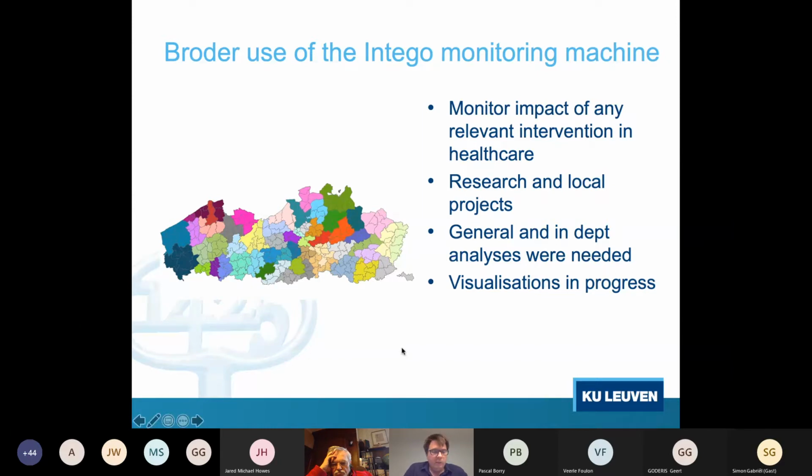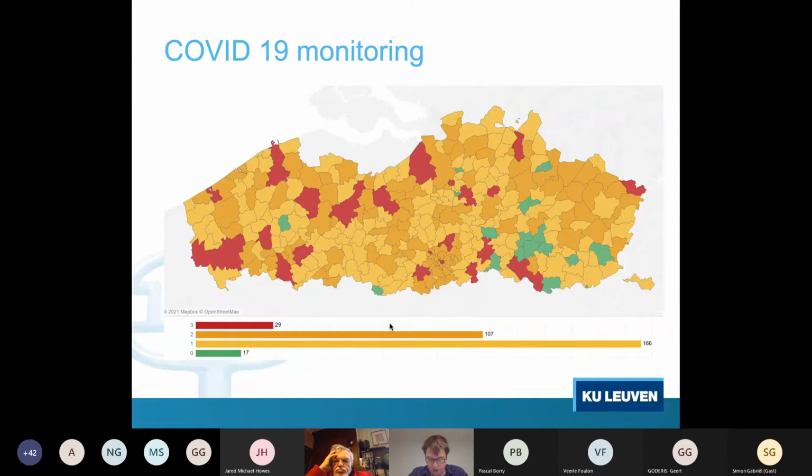When I was preparing this presentation, I was allowing myself only one or two slides on COVID, as a lot of other people had quite enough of all the COVID stuff, but on the other hand, it created some opportunities. So one of the things that's now been done, and that's not based on Intego data, but we had an advisory role in trying to create all this, is that the COVID-19 infections are monitored in the Zorgzaam Leuven by the Flemish government. And for instance, this is the basic map you see there, where you can see in general what's the evolution of the